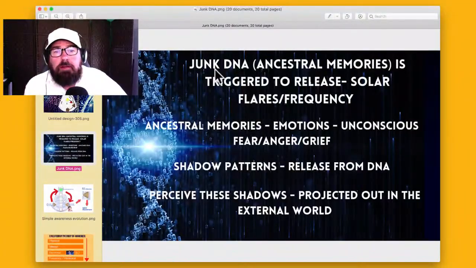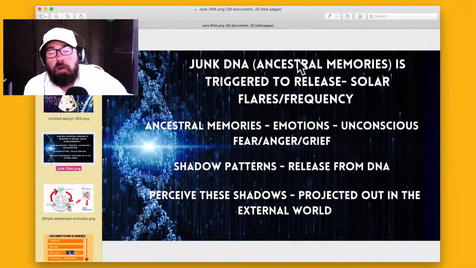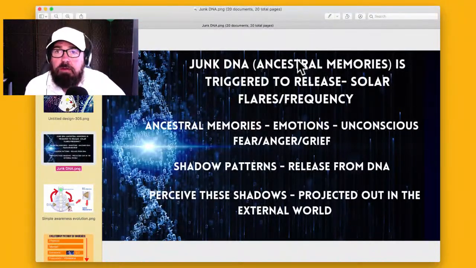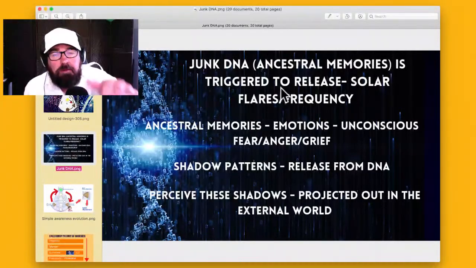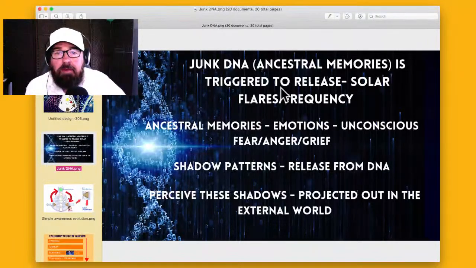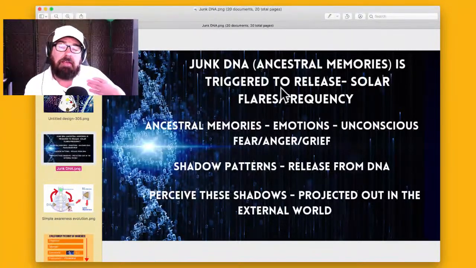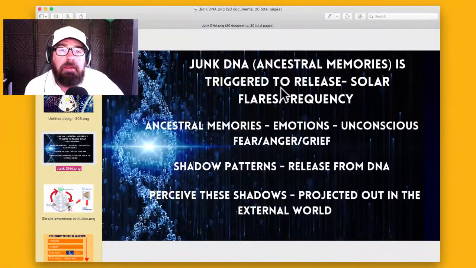So how this works is we're going to see more and more solar flare activity. There were three huge solar flares that released last week, and they can bring up a lot of emotions. And this is also part of our evolutionary energy that is supporting us, right? This triggers, especially the solar flares, changing the frequency of the planet in the magnetics of the planet, right? It's penetrating through the electromagnetic field of the Earth, and then our electromagnetic field, or our aura.